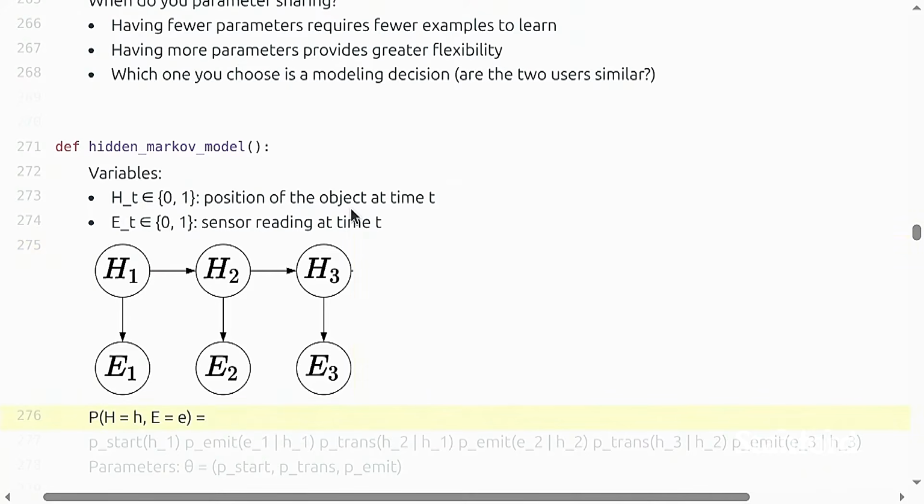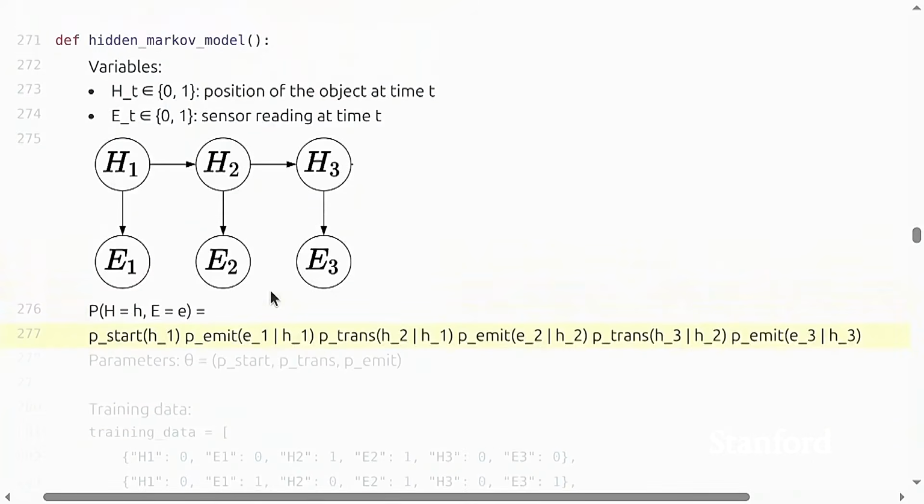So the joint distribution over all these nodes is equal to, remember, always the probability of each node conditioned on its parents. So we have probability of h1, probability of e1 given h1, probability of h2 given h1, probability of e2 given h2,